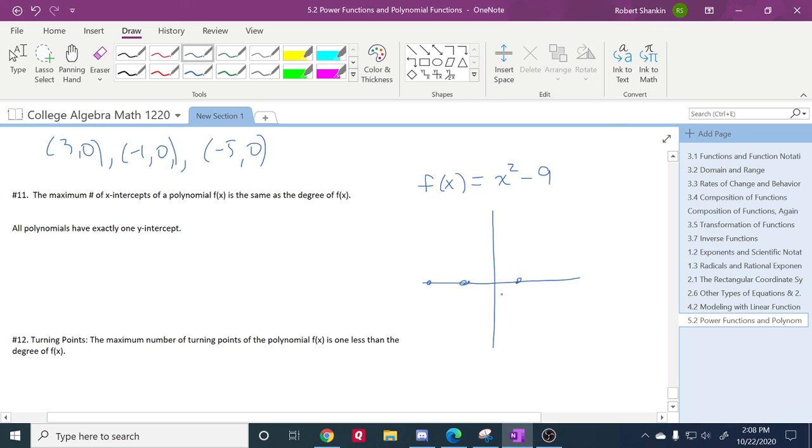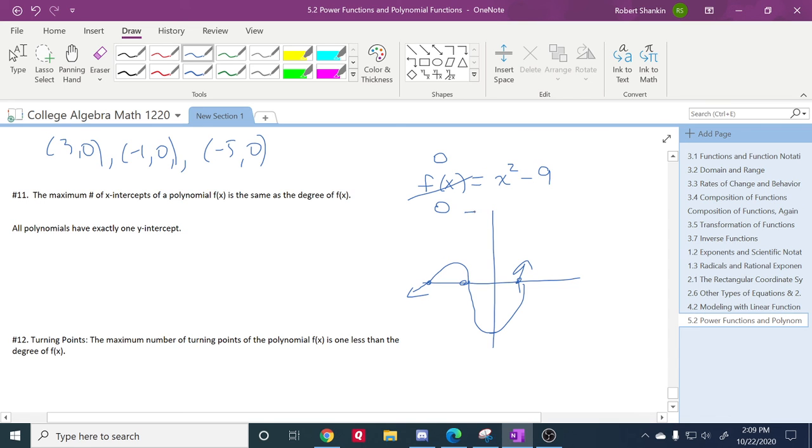Then the function would have to go through these 3 points right here, and we couldn't and still have a parabola. It could be going something like this, but then it would have to come back down to go through this. And it would screw up its end behavior, but the most important thing is